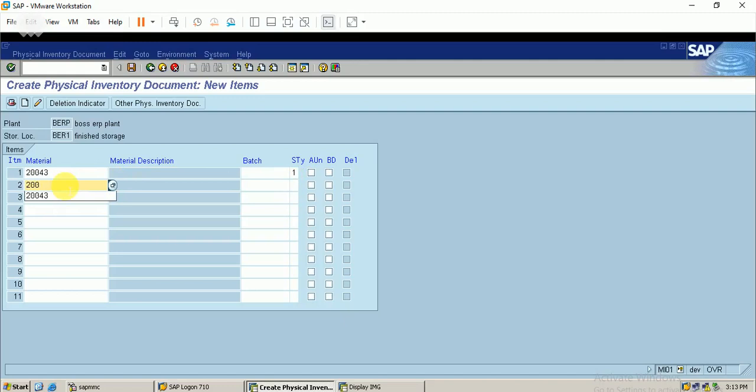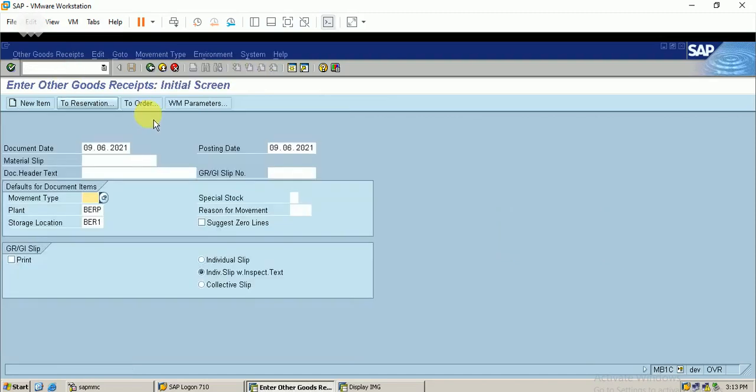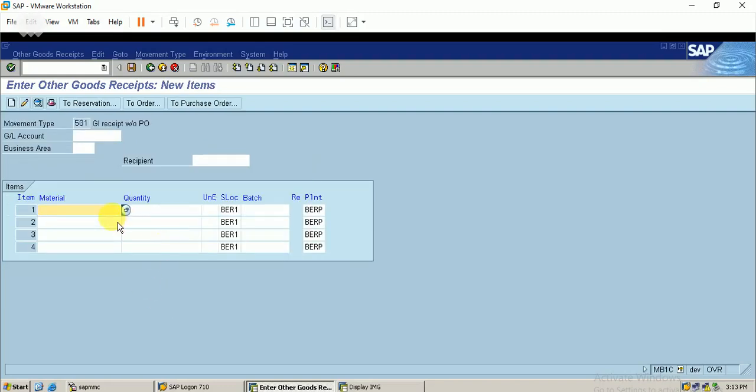before going to this, I just want to make the initial stock balances. I have no stock with this material. I just go with MB1C. Let me have a stock first. You can see the plant and storage location. I just make an initial entry of stock balances for the material, and then we will proceed.